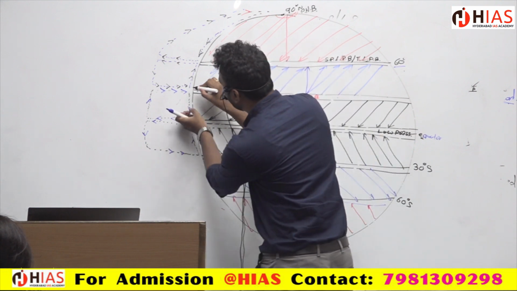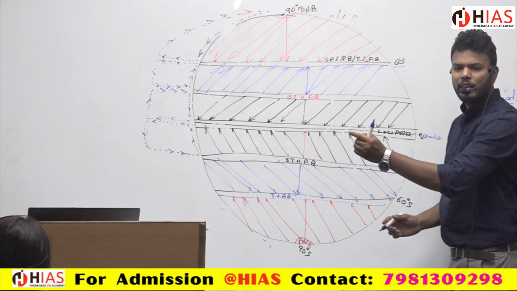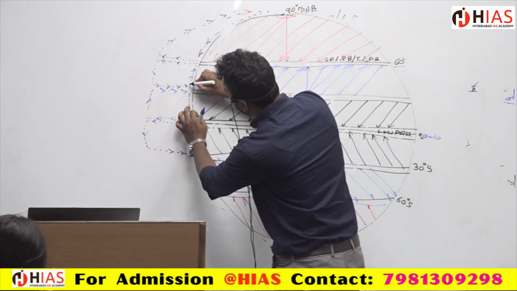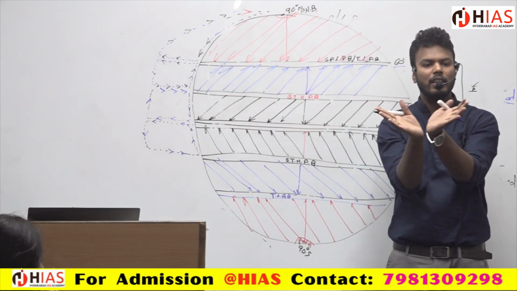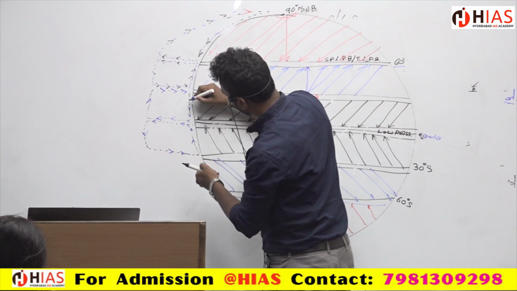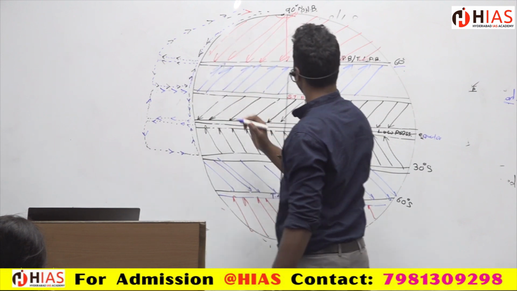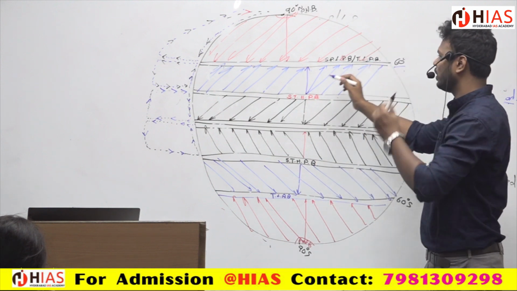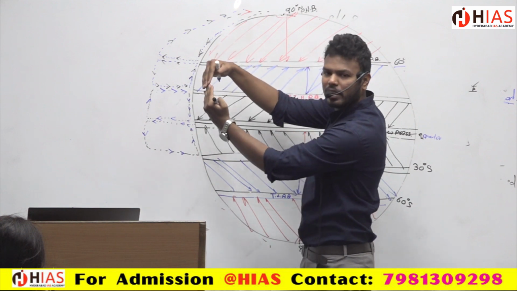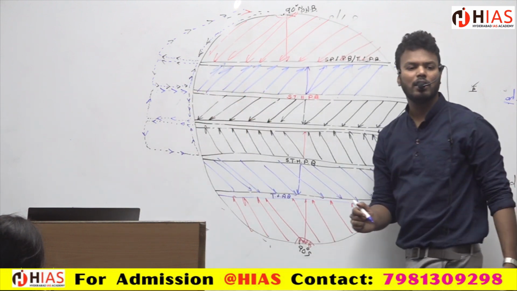And here they are mixing. So they are converging at what? High pressure. Wherever there is high pressure, they are coming here, again they are diverging. So here you can see divergence. And there is a convergence at low pressure. So this is the low pressure. And here what is going to happen? Converge. Wherever there is convergence, it is low pressure. And wherever there is divergence, it is high pressure.